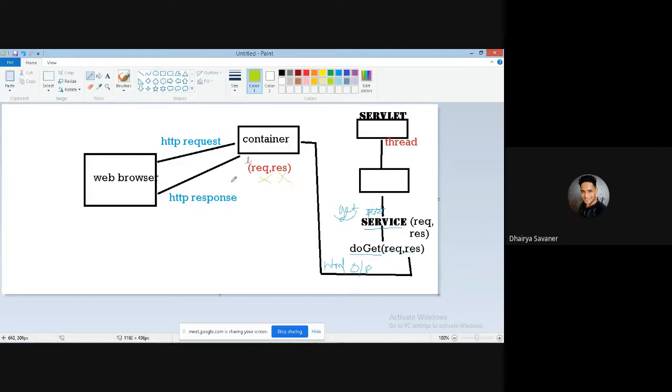Right. And the HTML output, which was passed from here, goes to the container, then it goes to the web browser, and we see whatever we see in the window, like our Chrome window or any browser's window. Right. So this is how the process occurs. Now